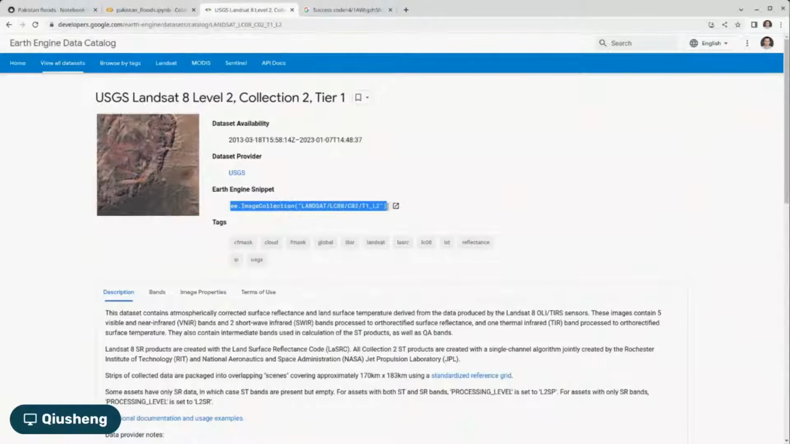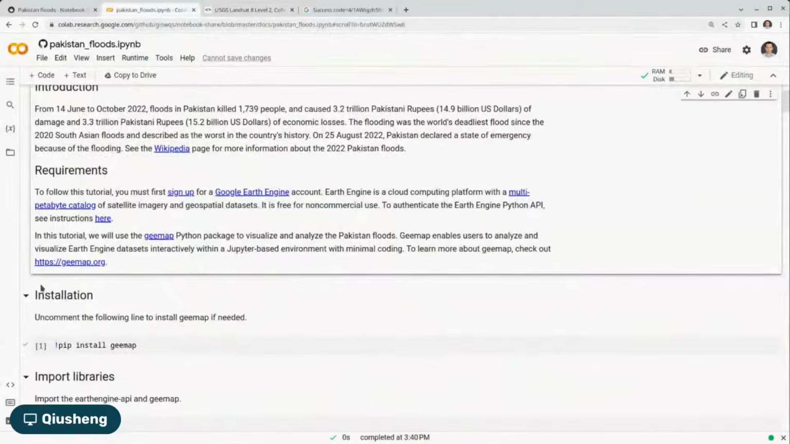Once you get there, on every data set page, this is the ID, basically the unique ID to the data set. And once you have that ID, we can retrieve the data. We can do all kinds of computation if you want to. I'm going to show you that later. But for now, let's go back to the